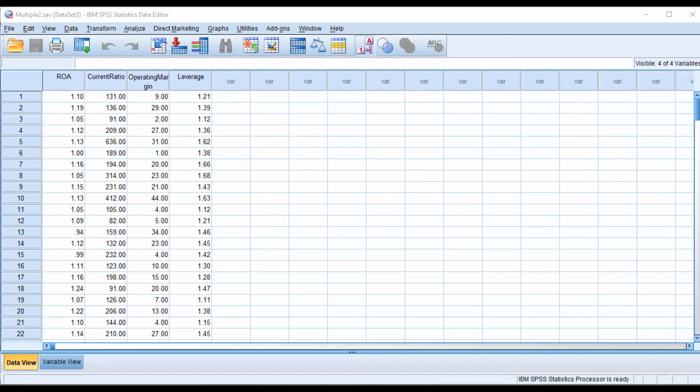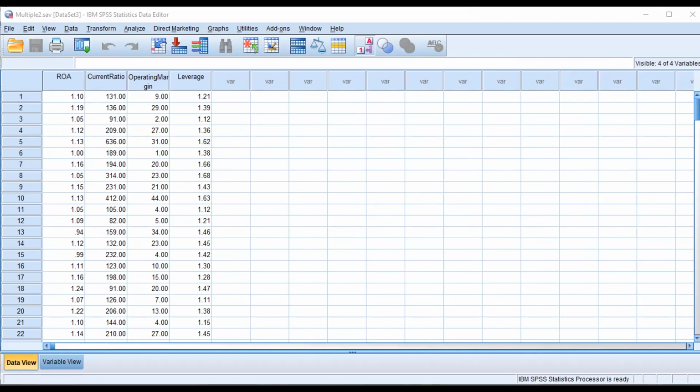Otherwise, I will explain it to you. Heteroscedasticity, autocorrelation, multicollinearity. These are the assumptions for your linear regression model. Before applying this model, you must check heteroscedasticity, autocorrelation, or everything. So if this is significant, it means your model is free from any other error. Okay. Next one is this.